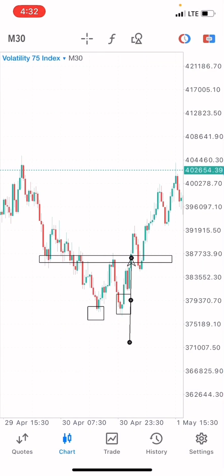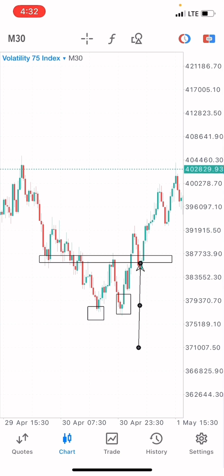So some of you will just get into the trade at this point, on the breakout of this candle. Like we got this bullish engulfing candle. Some of you will just get into the trade at this point, having your stop loss below this level. After that, you see the trade going against you. You're getting into the trade without confirmation, without a retest of the neckline.